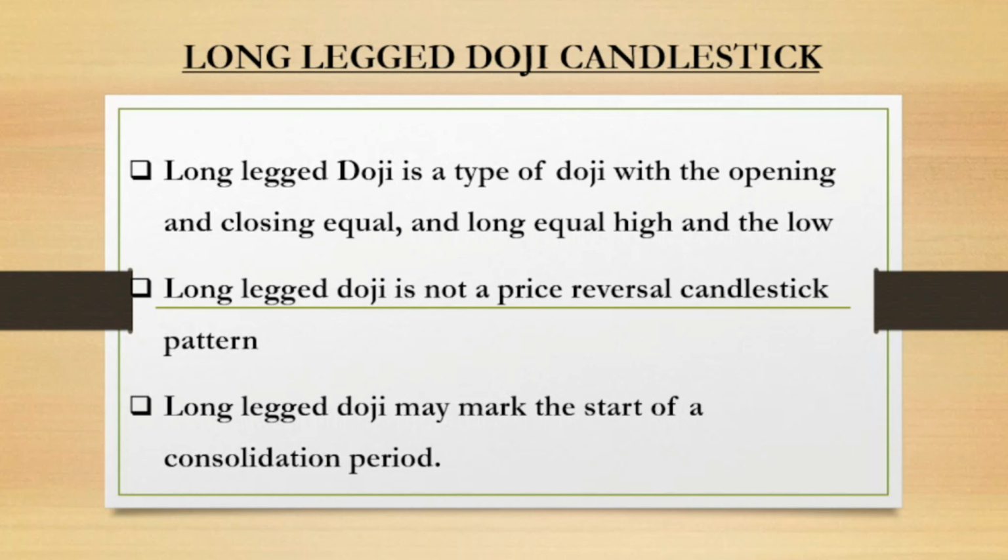Now at that period, the activities of the buyers and the activities of the sellers are now equal. Because they are equal, the market is getting saturated, and at that saturation point, the market will be thinking of changing to another pattern, and at that period, it simply means wait to a trader. So when you see a long leg doji, don't be in a haste to do what? To initiate a trade. Wait and see the outcome of the market before you initiate a trade.